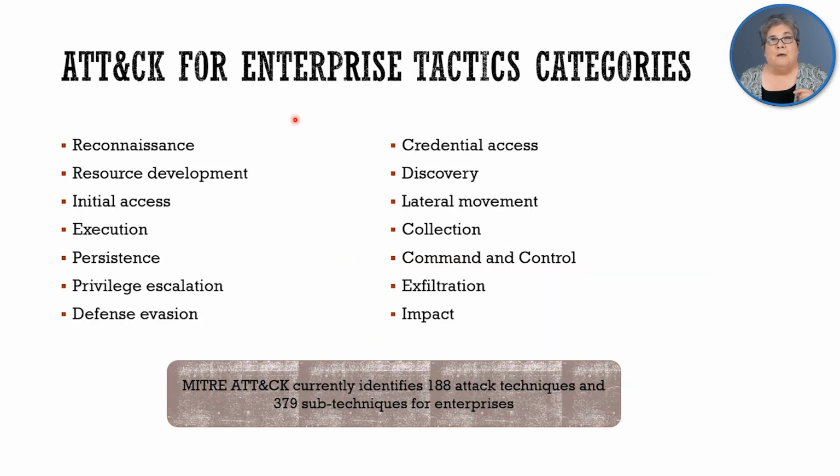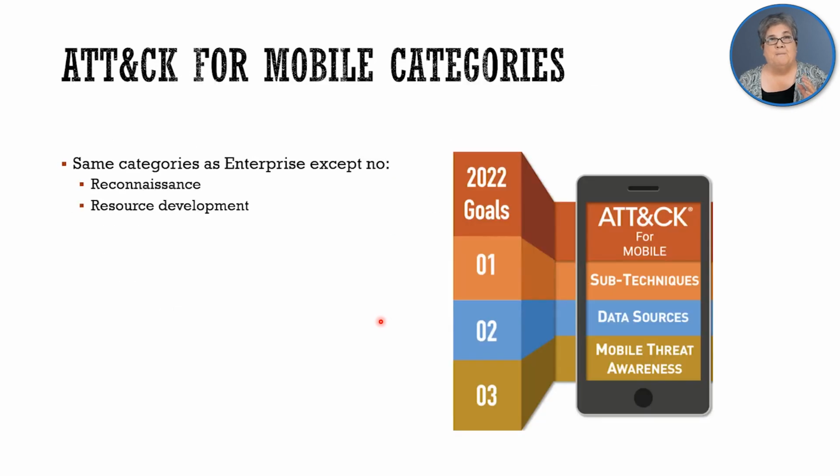There are a number of tactics for the enterprise categories. Now, they currently identify 188 attack techniques and 379 sub-techniques just for enterprise alone. You can see everything from recon to developing resources, your initial access, getting in, maintaining persistence, escalating privilege, evading defenses, all the way up to command and control, exfiltrating data, and whatever impact you're going to have on your target, on your victim. The ATT&CK for Mobile categories uses the same categories as Enterprise, but they don't bother with reconnaissance